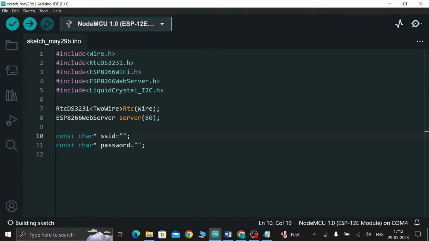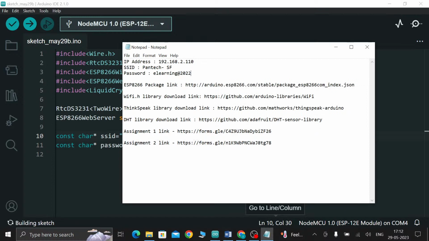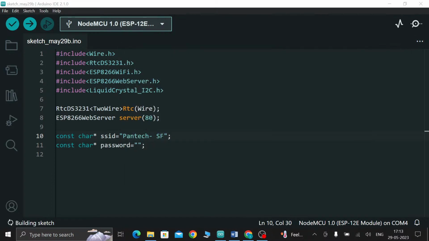Here we have to paste our SSID name, and here we have to give the password. That's it. So this line defines the SSID, which is the network name, and the password of the Wi-Fi network that the